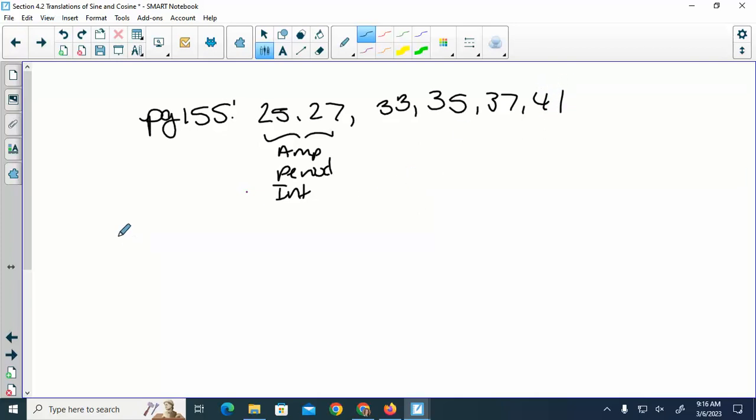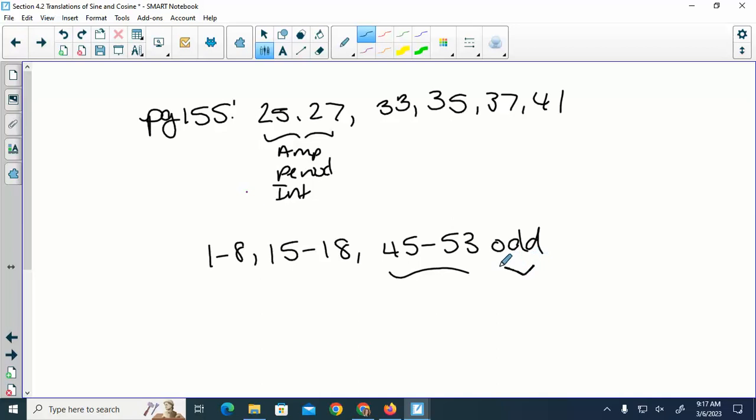Yeah. Today I am going to add 1 through 8. Those are matching. 15 through 18. Those are also matching. And then 45 through 53 odd. I will allow you, if you want, on 45 through 53, a lot of those say 2 periods. If you just want to do 1 period, that's okay. You can do both if you want. My answer key has both, but I'm only going to require you to do 1 period on those graphs. And then you've got about 25 minutes right now to work and ask